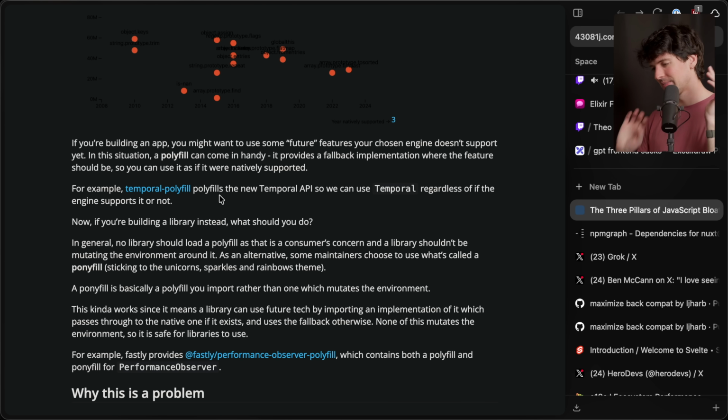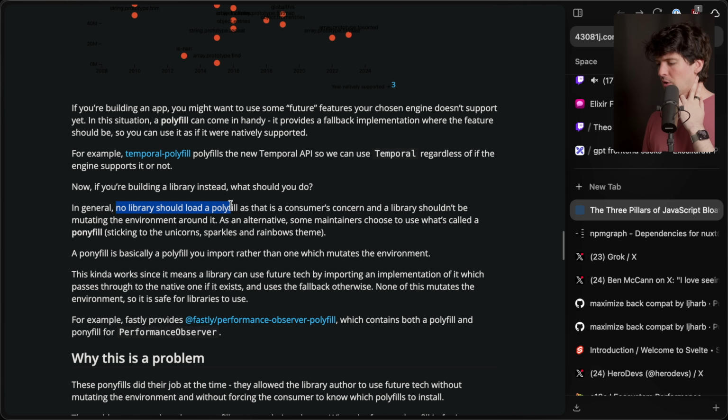And here we are. You're building a library instead. What should you do? In general, no library should load a polyfill, as that is a consumer's concern and the library should not be mutating the environment around it. Again,